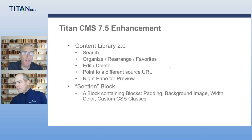The next major enhancement we have in 7.5 is very exciting because we're kind of breaking new ground here and doing stuff that we have been reluctant to do in the past. It's called a section block, and it's a block containing blocks. And frankly, to be fully transparent, it's inspired out of our WordPress practice. So we got a little jealous of some of the interesting things that WordPress is able to do with some of their template builders, where the end users are able to get in and adjust within blocks,